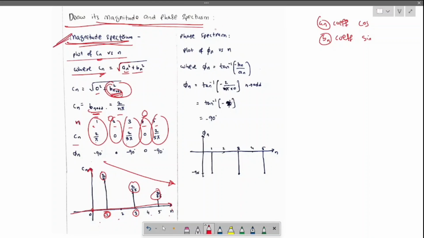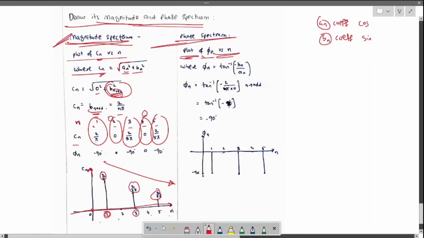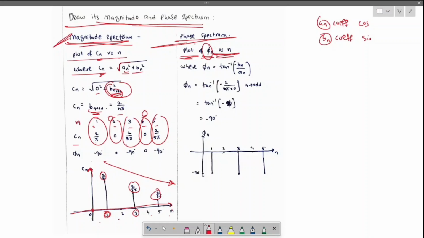Okay, one thing is done. Let us go for the phase spectrum. The phase spectrum is the plot of phi n versus n. Phi n is the representative of the phase spectrum, which is symbolized as phi, where phase spectrum equals tan inverse of minus bn by an. So n exists only for the odd. Okay, tan inverse of, bn is 2 by n pi, an is 0, so something divided by 0, like minus 2 by n pi over 0, which is like